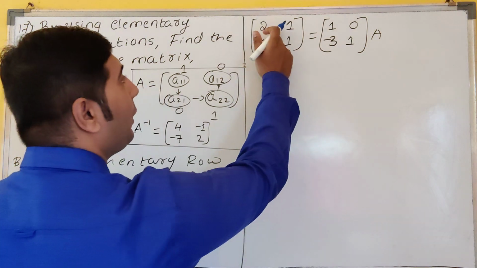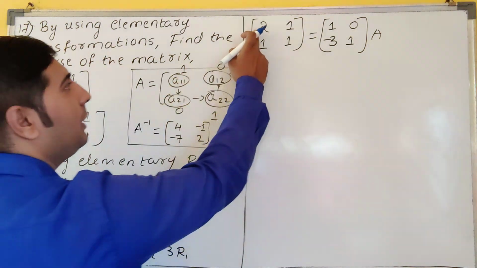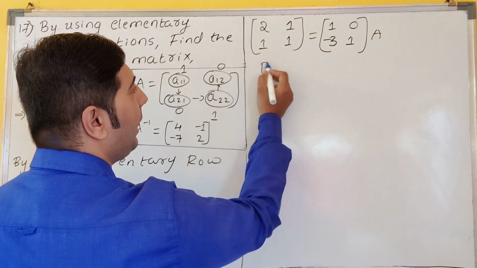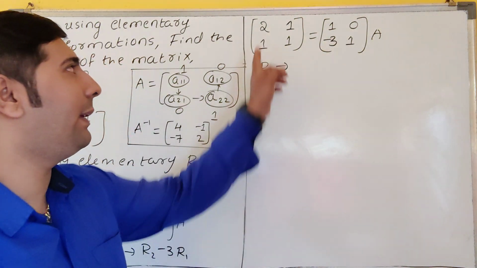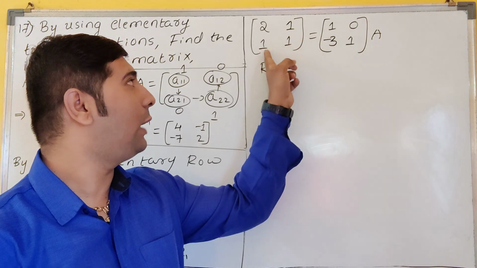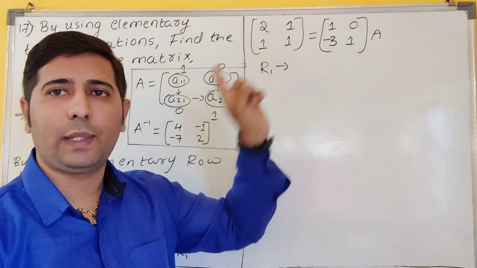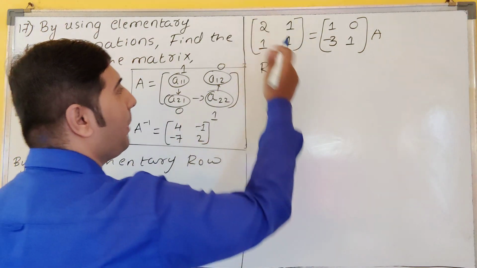So I have to get here 1 according to the shortcut. This is in R1, na? R1 is how much? 2. R2 is how much? 1. 2 minus 1 is 1 or not? So that's why we can apply